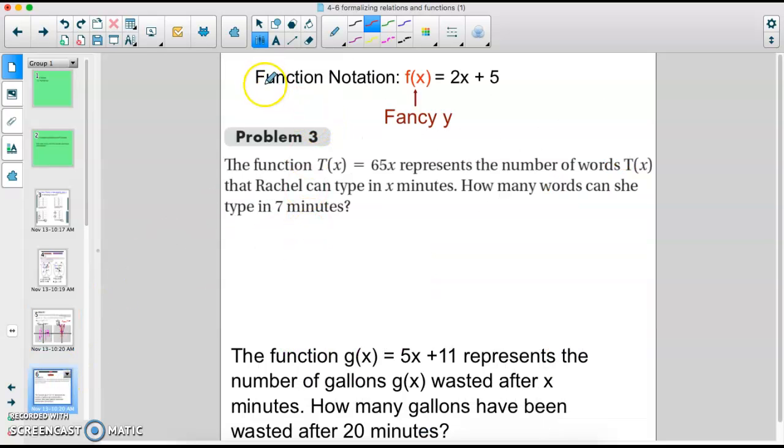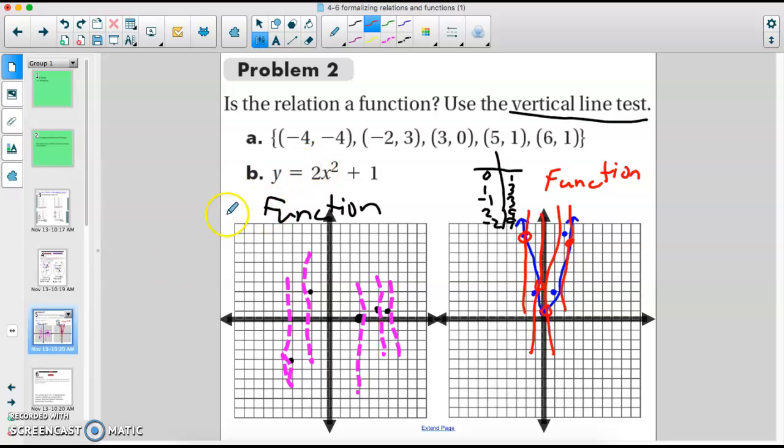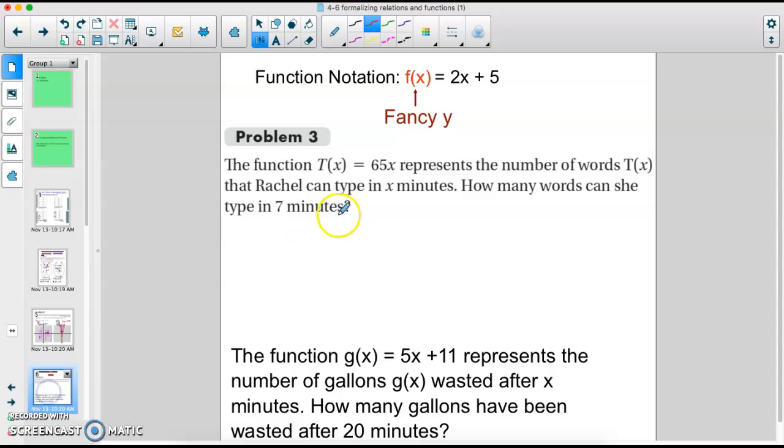Okay. Now, function notation. You experienced it. Oh, you didn't experience it. We're so used to y equals whatever. Okay, when we're talking about functions, you'll see f of x. And really, it's just a fancy y. Okay, it's the same thing as y, but we just say f of x, so the function of x,